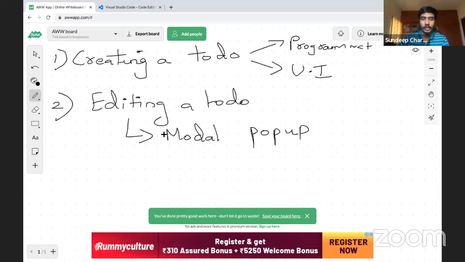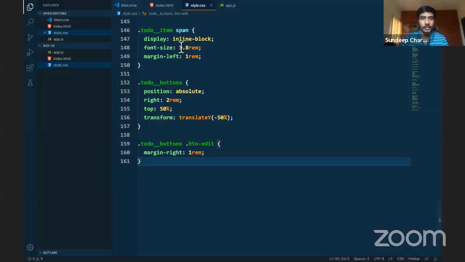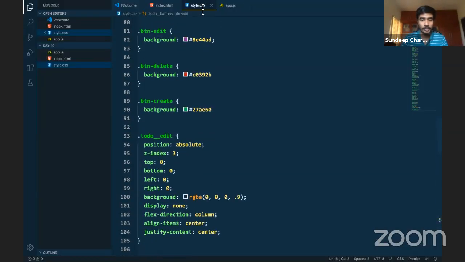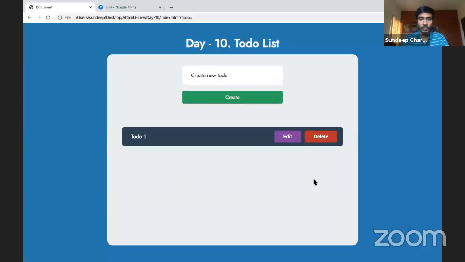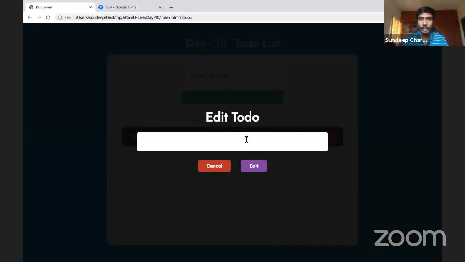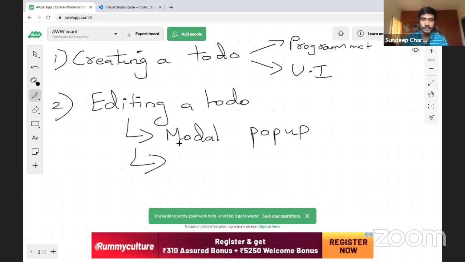Yeah. So we need to make the modal pop up out of the UI. That is the first step. And we need to put whatever previous value of that to-do inside the new form. What I mean by new form is that, let me just do it again here. Let me just make it as flex, right? So now if I reload it, you could see I'm having this form value, correct? This is where you need to populate the old to-do's value, all right? So you need to make this populated. So that is our second step, populate old value,